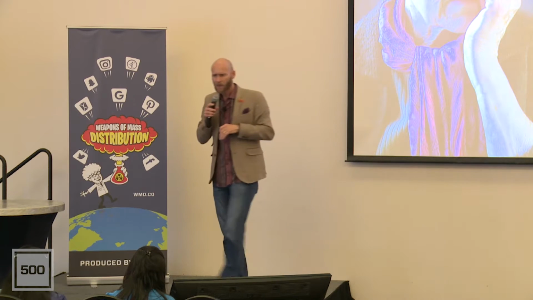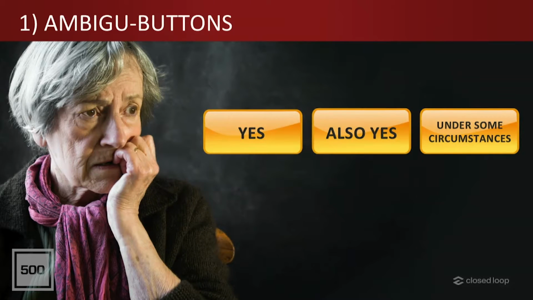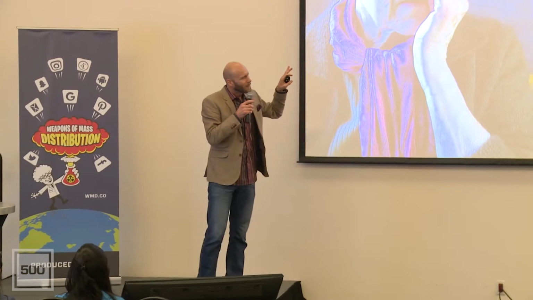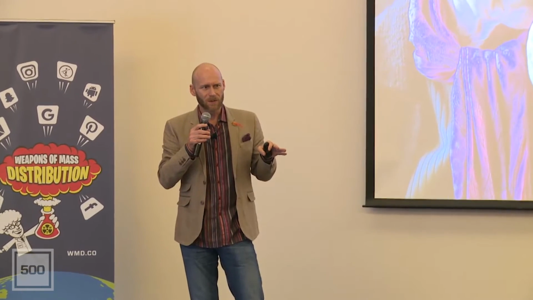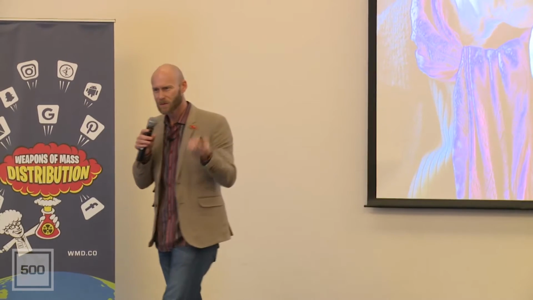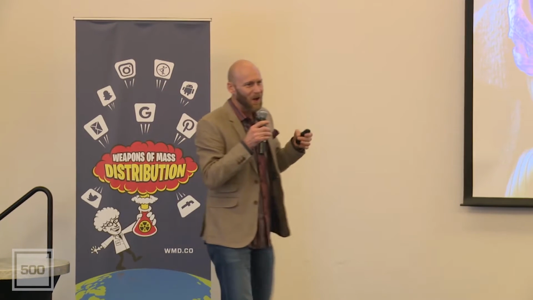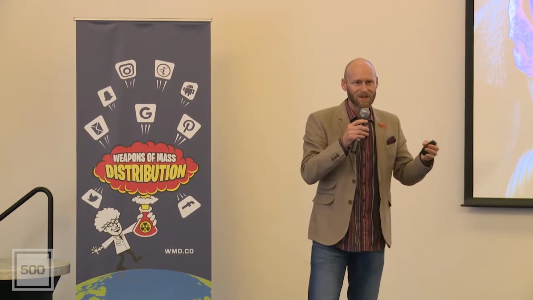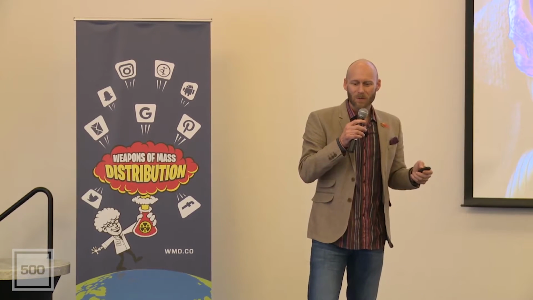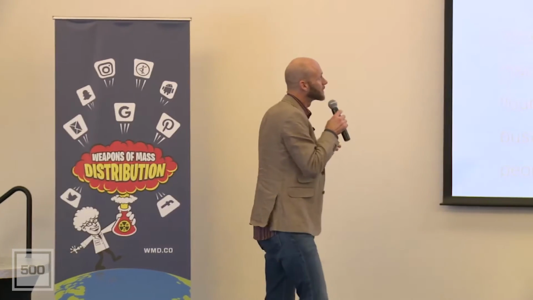First pattern I'm calling ambiguous buttons. The defining characteristic of ambiguous buttons is they're intended to kind of paralyze the user, right? You have no idea what to do when presented with this choice. And usually employed as button labels, but sometimes the context of how this choice architecture is presented can also mess with people's heads. And this example, I think, is a good one.